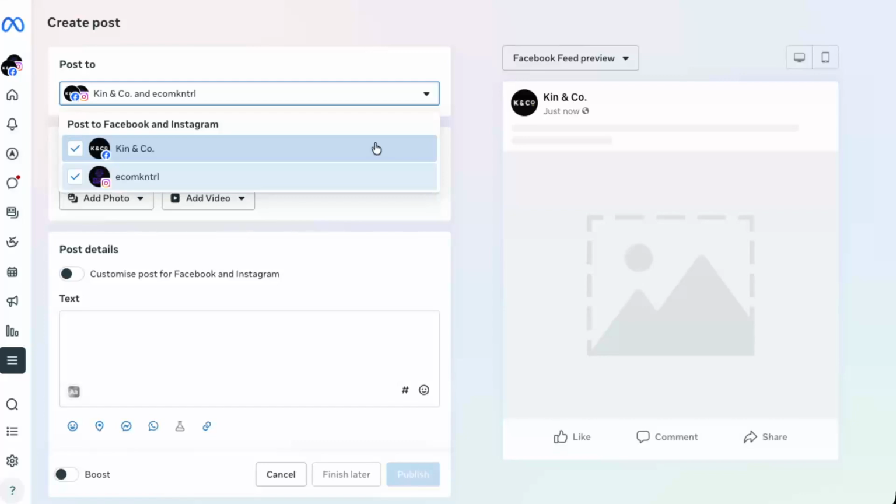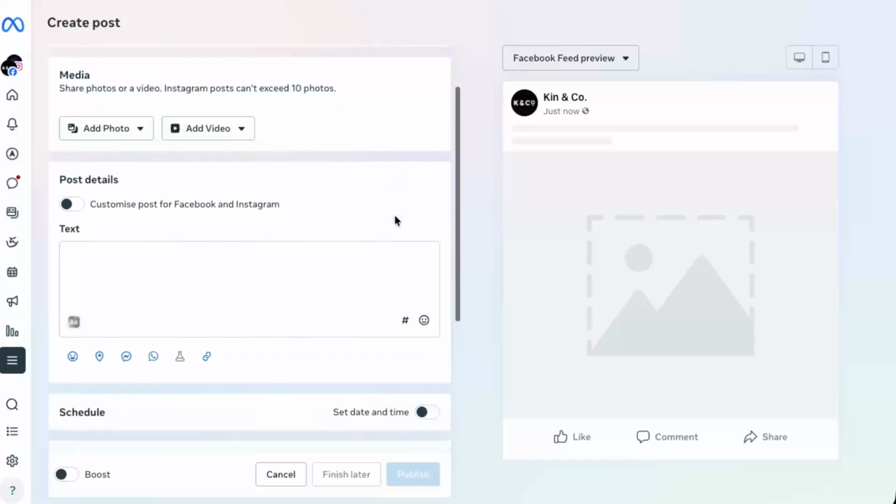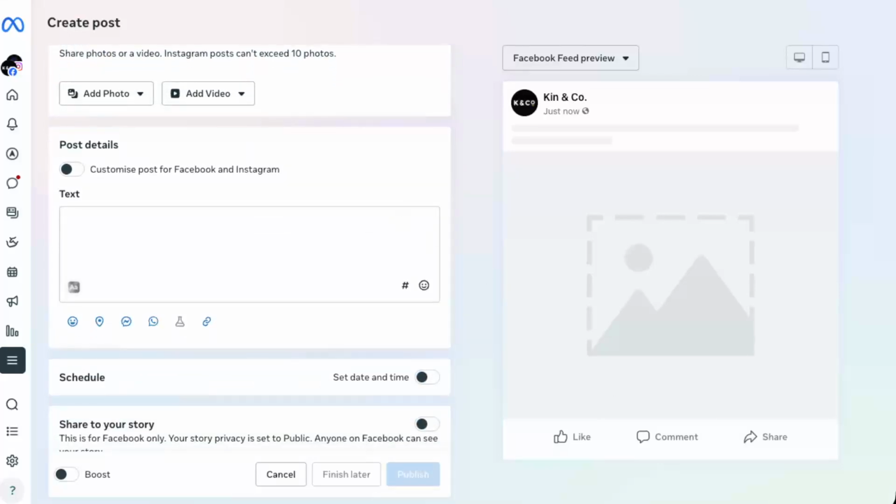Once you've written your caption, added your media, and chosen where it will publish, you can either post immediately or schedule it for later. And that's how you use Meta Business Suite to manage